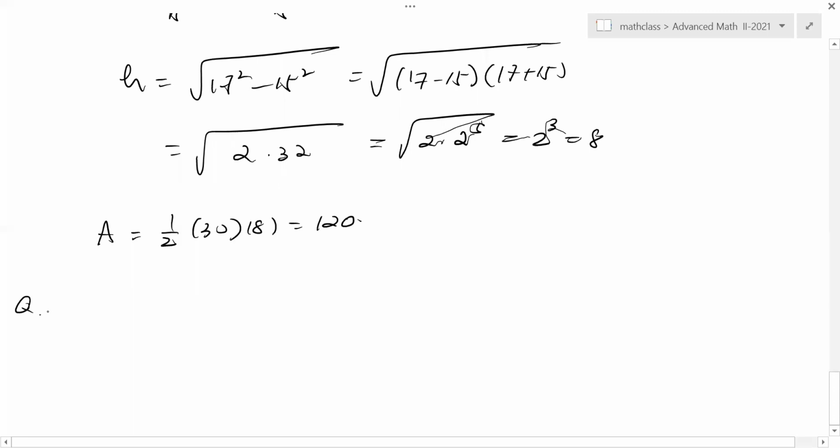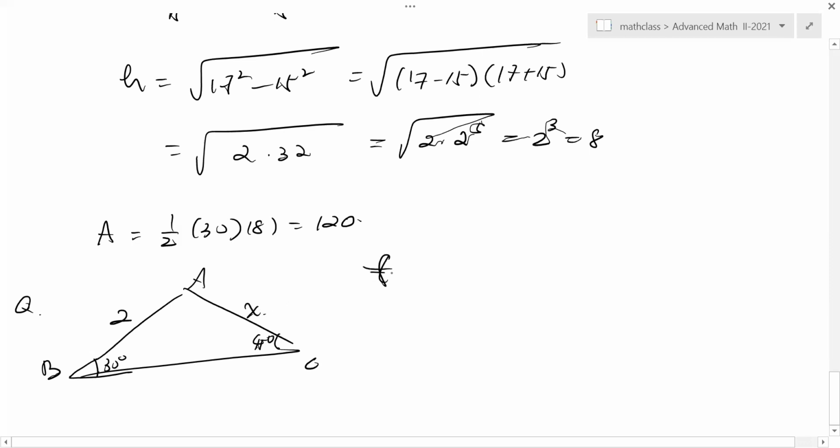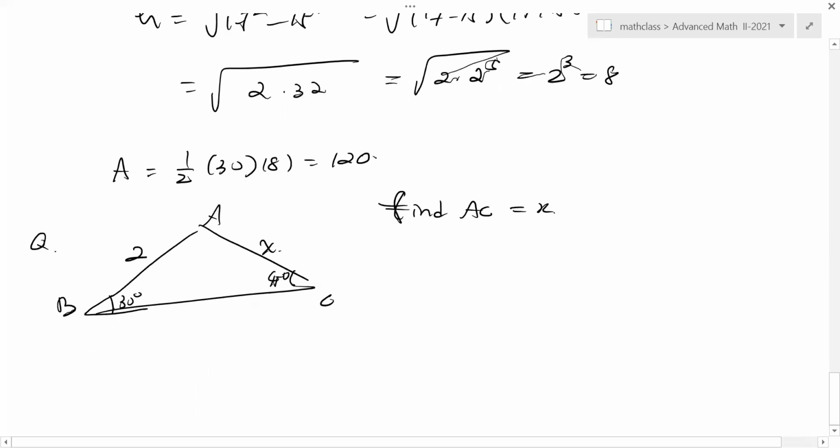And in geometry, you need to draw additional lines. We have a triangle A, B, and C, and AB is 2. The angle ABC is 30 degrees. The angle ACB is 45 degrees, and I want to find AC. Okay, so what is AC? Find the AC, which is X. Okay,